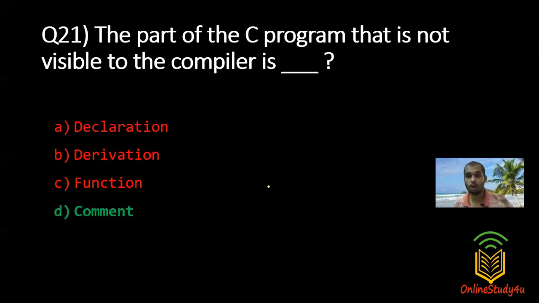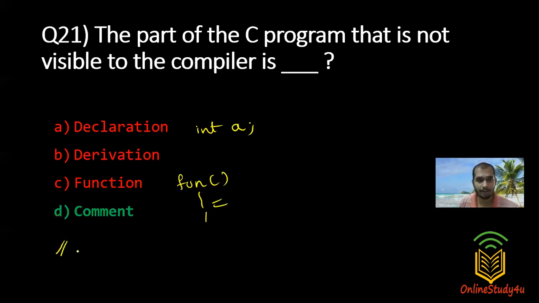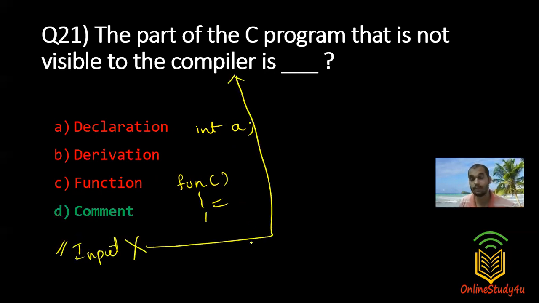You are going to do a lot of things in a C program. You are going to declare a variable, you can say int a. You have functions, you can write functions, right? All these functions are compiled, but you can write a comment, for example about taking input or something like that. All these comments are not given to your compiler, okay? Because it is only for the developer's knowledge to understand what is happening, to explain the logic, or to explain what this function is for, and so on. You can write literally anything in the comment and your compiler won't care. So that's the answer here.